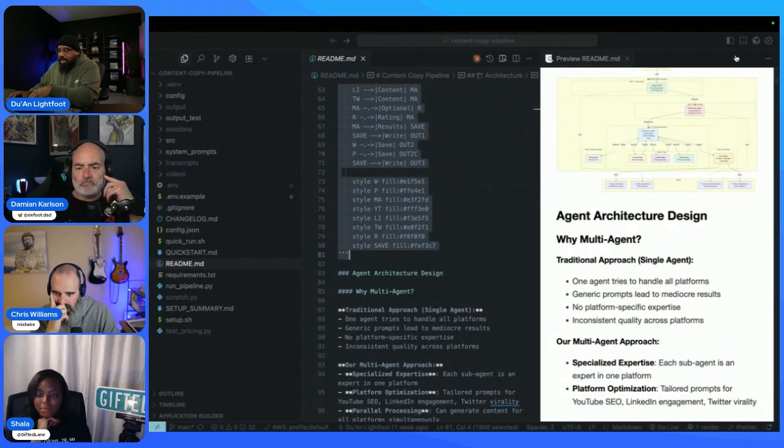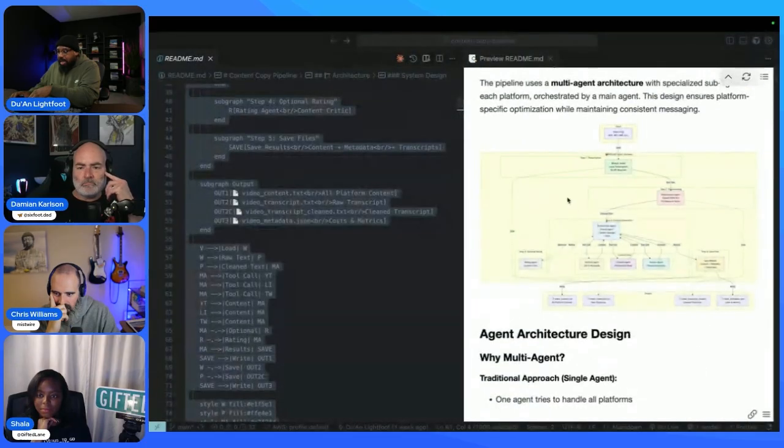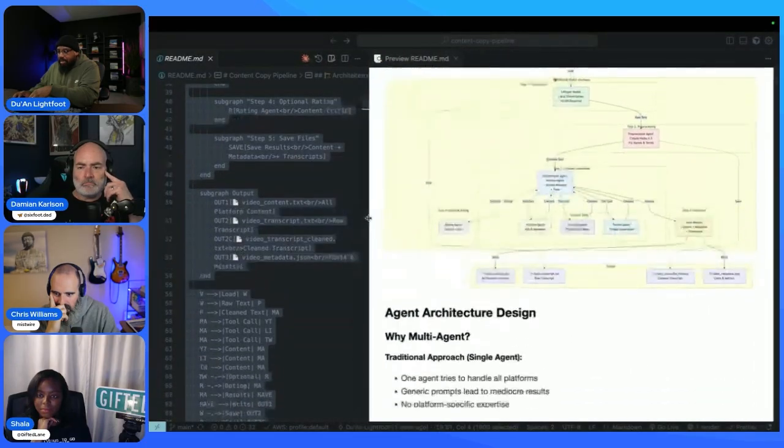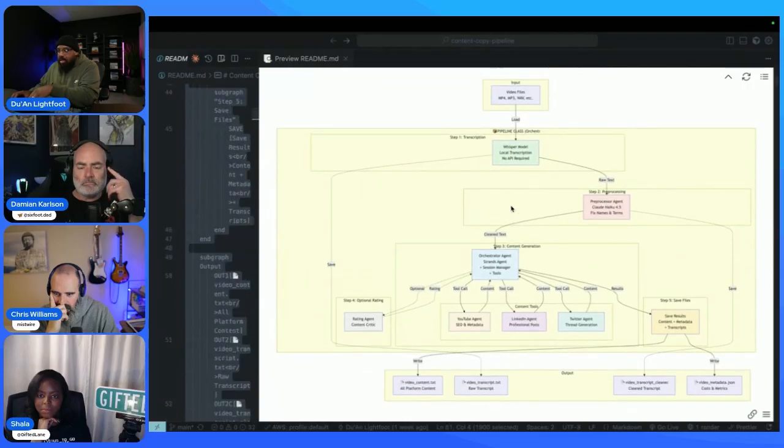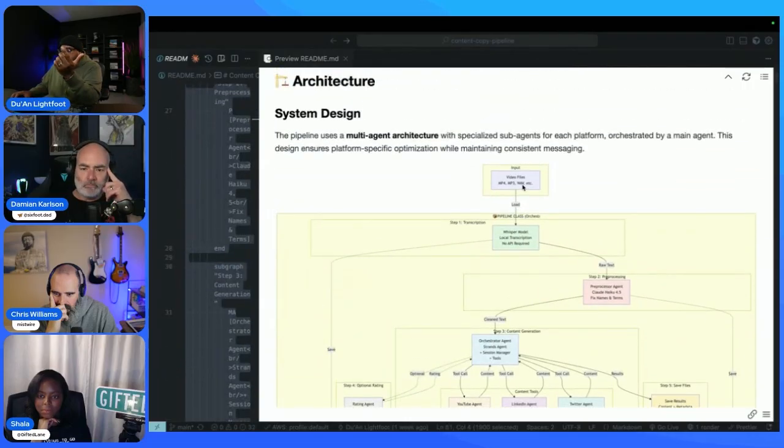But if you look at this content pipeline, if we can make this big enough, I have multiple agents coming in here. So I have a video file, which can be a video that comes in. I need this video transcribed. So the first thing my agent orchestrates in this system, the first agent will send this to the Whisper model